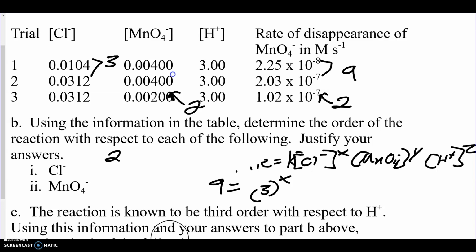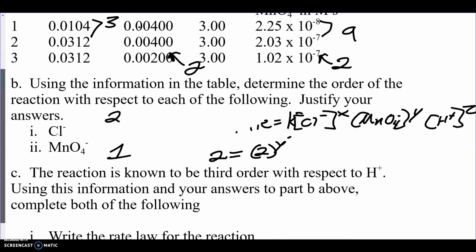It's doubling, so when I come over here, I also have a double for my rate, which means if I come down here and do that same process again, I would have my rate equals 2, doubling it. 2 to the y gives me what? Well, y must be 1 in this case. So we would say permanganate is first order because doubling concentration doubles rate. Whatever I do to concentration, doubles my rate. So there's my 2 orders. So if we keep coming down, it then